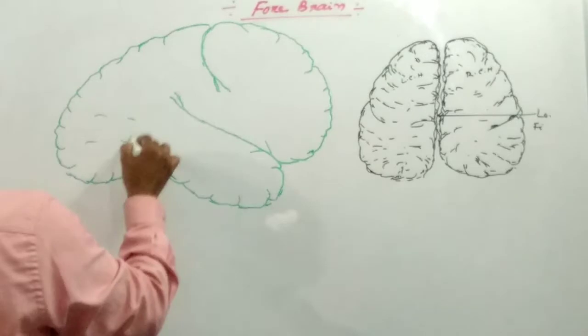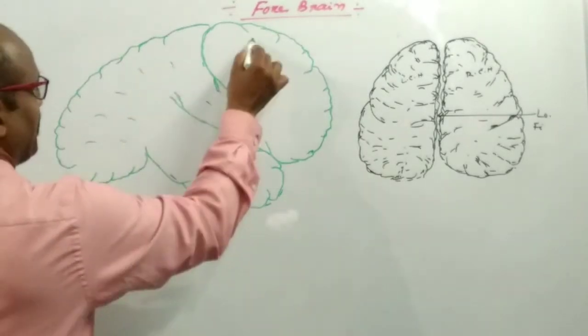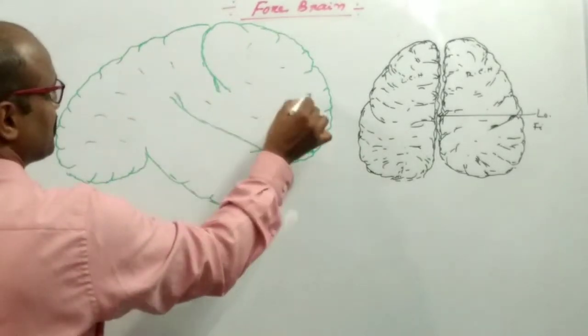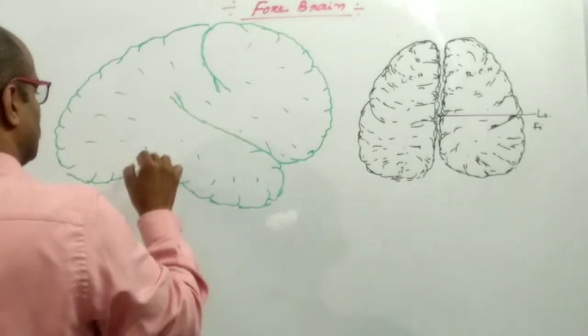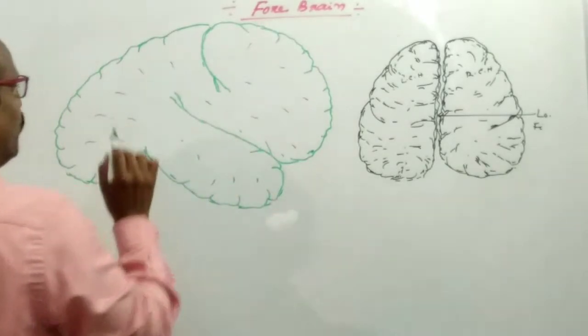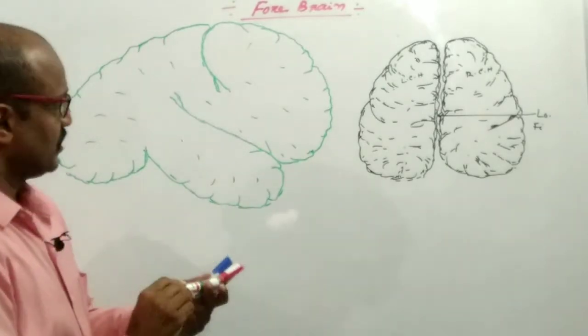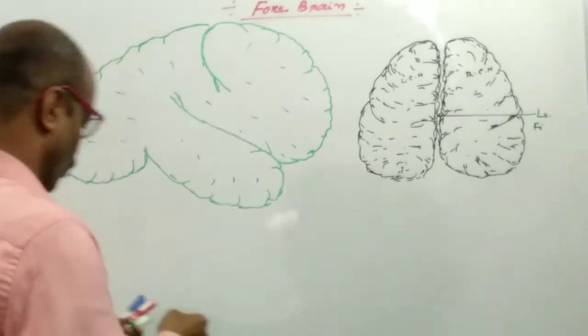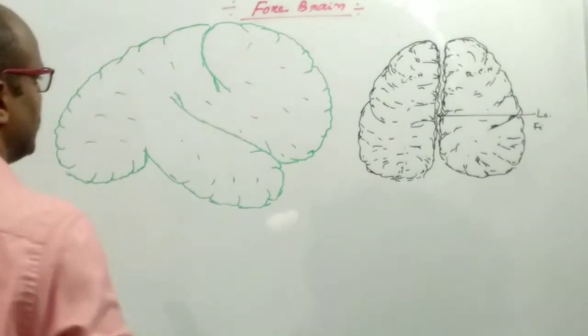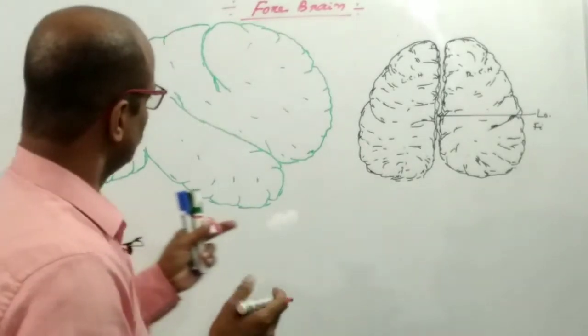This is the surface. It has a number of gyri and sulci. It is divided into 4 lobes. Each cerebral hemisphere is divided into 4 lobes. And the names of such lobes are